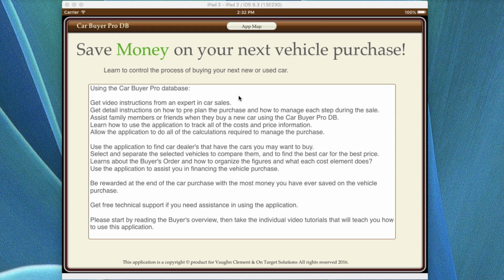Now, typically this involves either a private party that is selling something to you. You are going to a dealership where you're going to do a purchase of a vehicle, or you're going to sell your own vehicle either privately or you're going to sell it at a dealership as a part of a trade-in. Now, all of this information is based on an automated system within this application where we're going to take